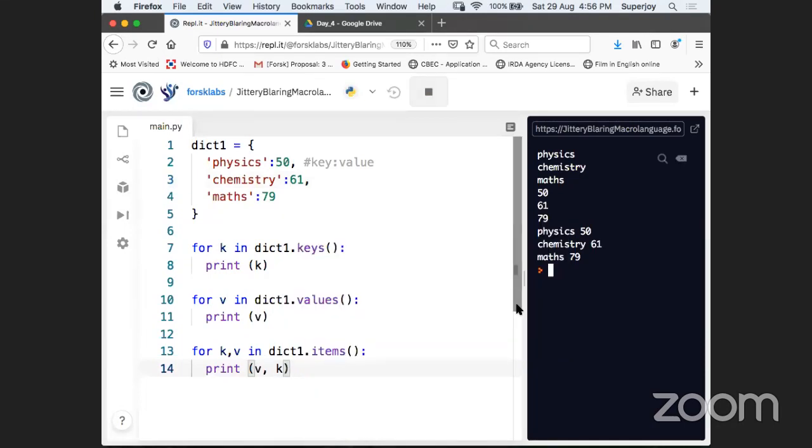So now it will print the value first and then you will get the marks. Can you see? This is there. Okay, so is it interesting, guys? Dictionaries are very good, actually. And if someone is from a C++ or Java background, I think he will understand that this is something called associative arrays. This is similar to associative arrays, actually.